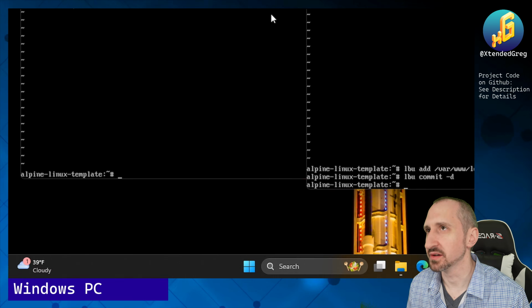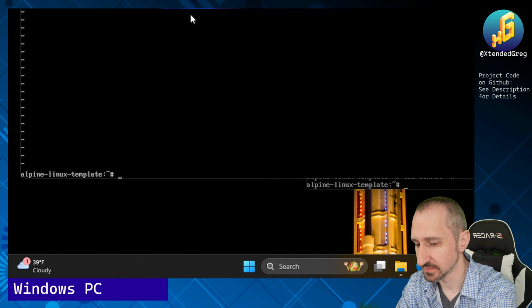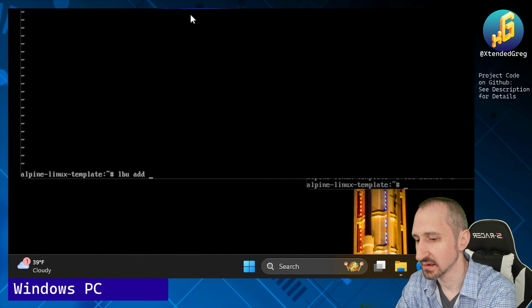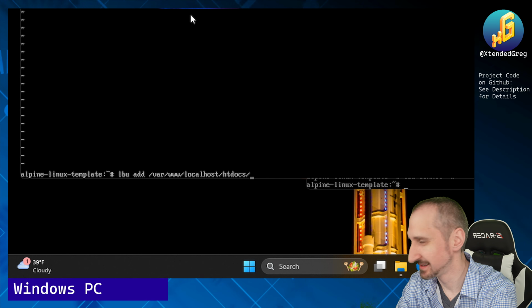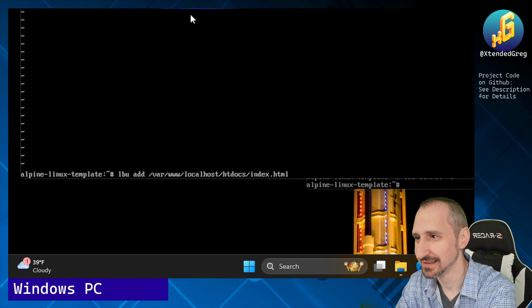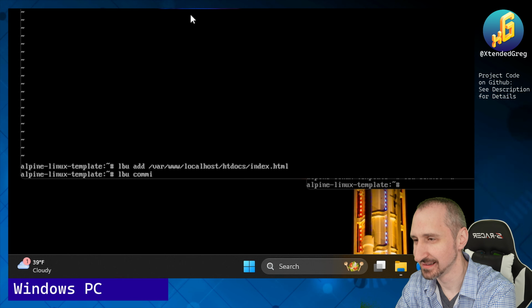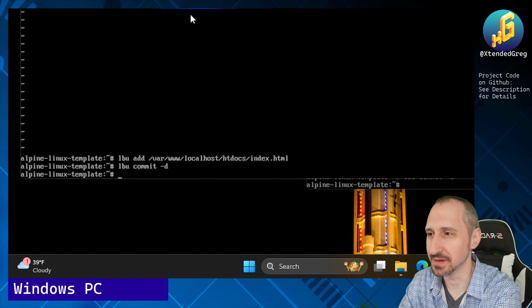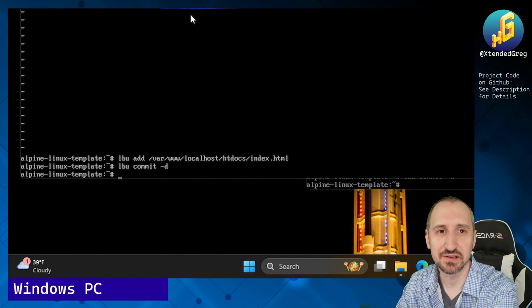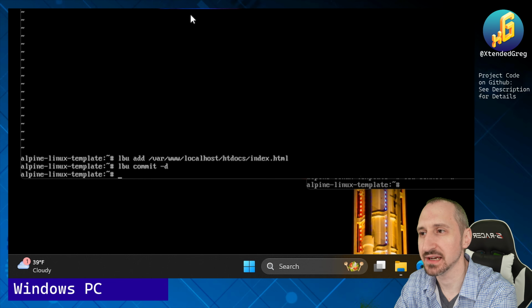Same thing on the other server. Anything in the etc folder that we edited before is automatically included in LBU, but anything in the var folder